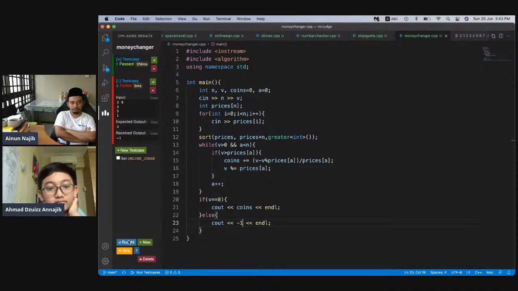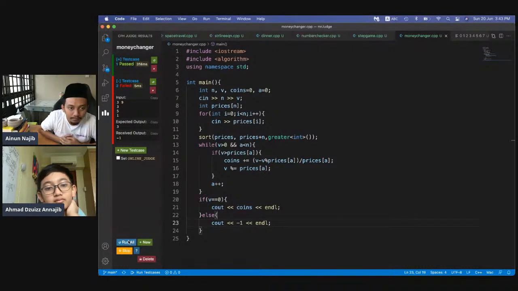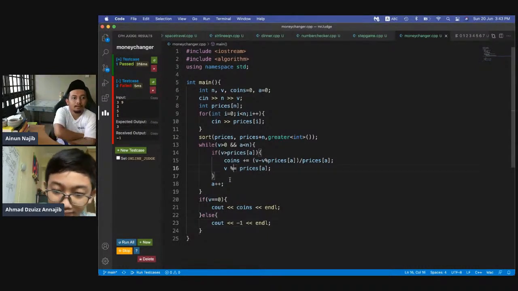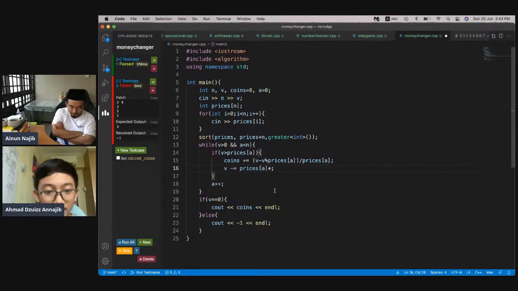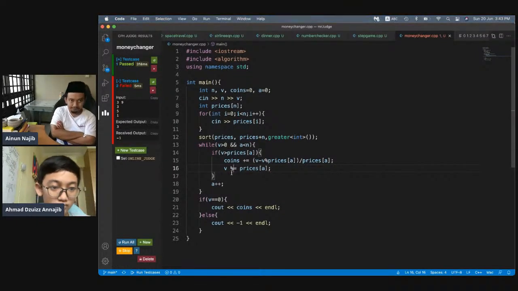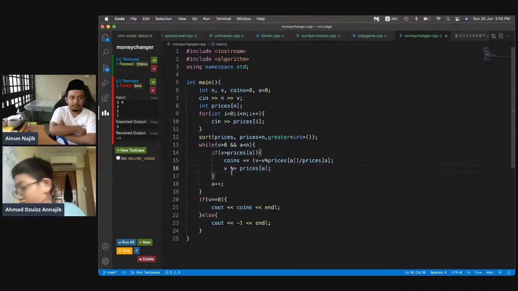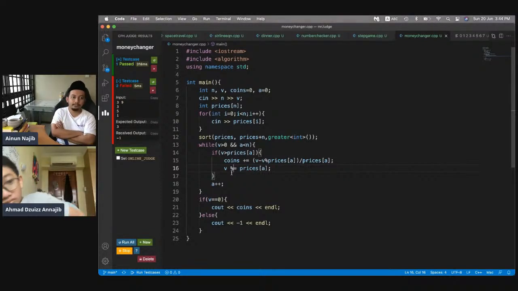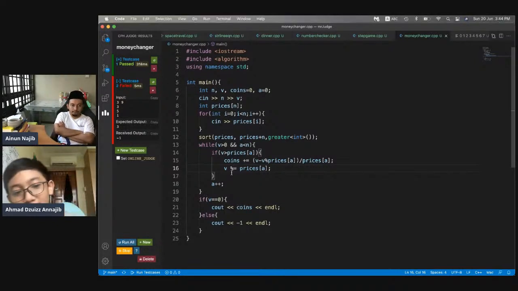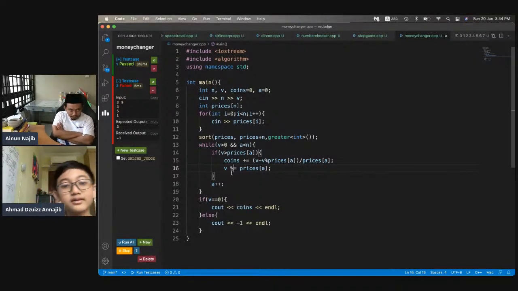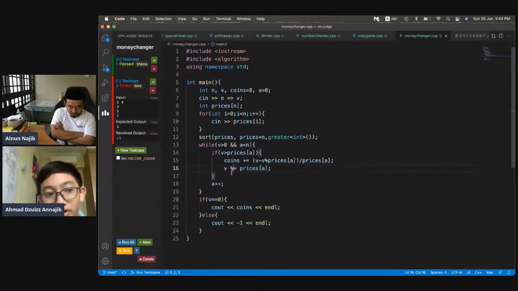V minus equal prices A multiplied by... No, that's correct already. You don't need to do that. Modulo equal is already correct. Try to follow the logic one by one. If you put in 3 and 9, what happens? 9 is still greater than 0, and then 9 is still greater than 1, and then 5, and then coins plus 1, and V will become 4,